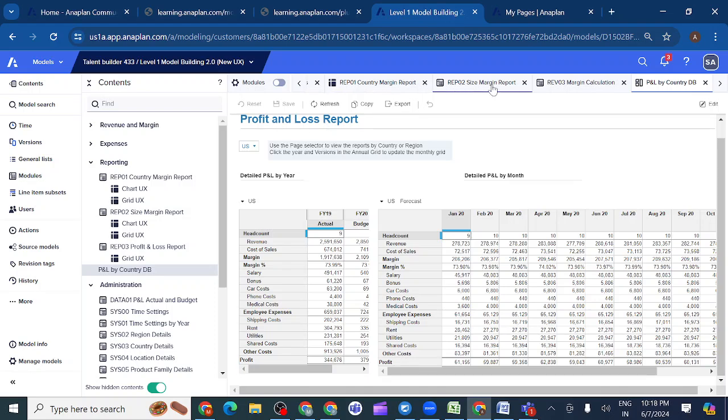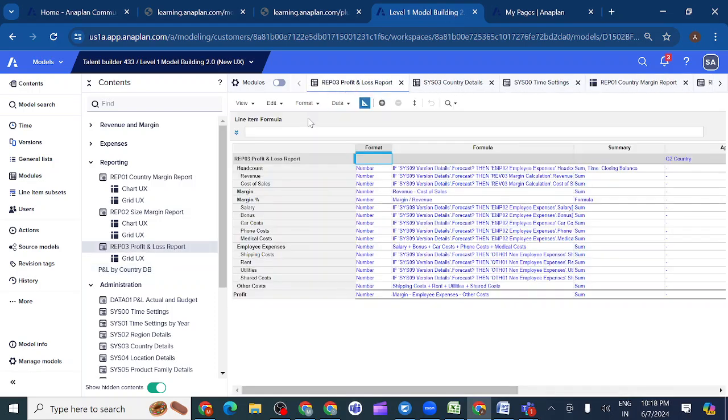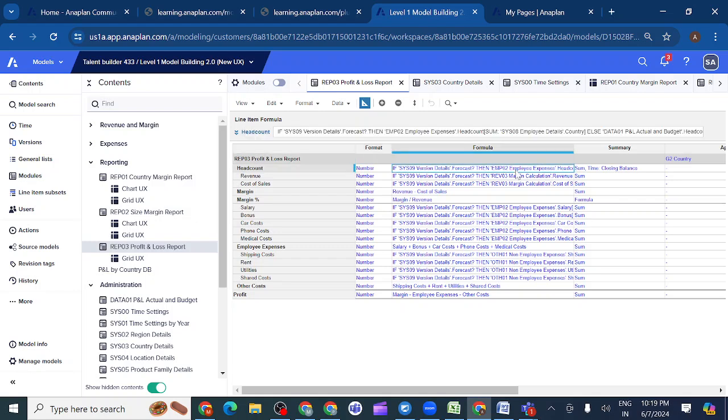If I look at this module, you can easily understand in a reporting module where I am getting the data from. You can see I am getting data from the employee 02 module and the data 01 module. This is the if condition; if it is wrong, then I use the else condition.